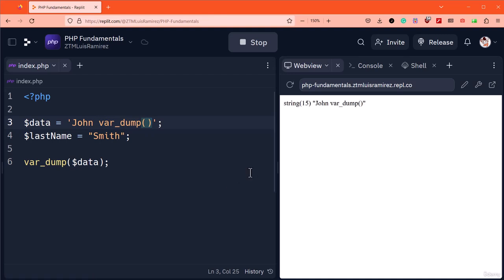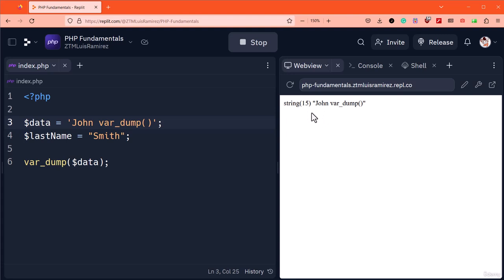As you can see, the contents of the value do not get executed. PHP does not run the variable dump function from within the string. It's interpreted as plain text. If we shift our focus to the data type, it's been recognized as a string. Looking closely at the output, PHP has taken the time to count the number of characters from within the string.